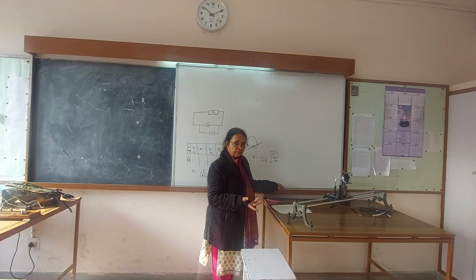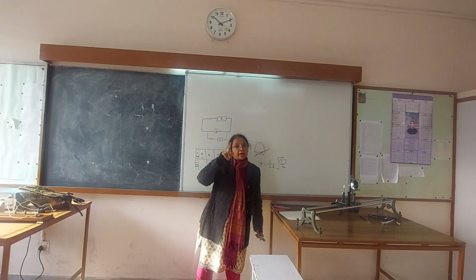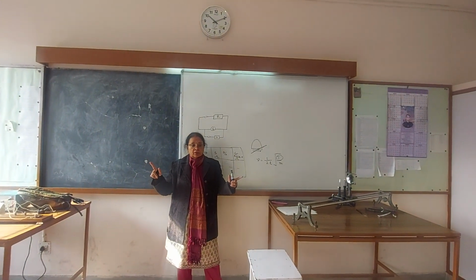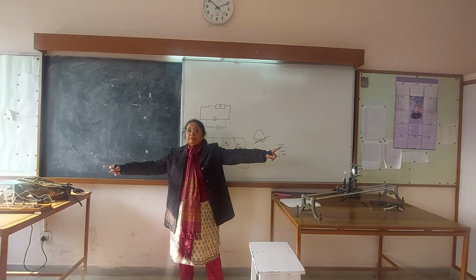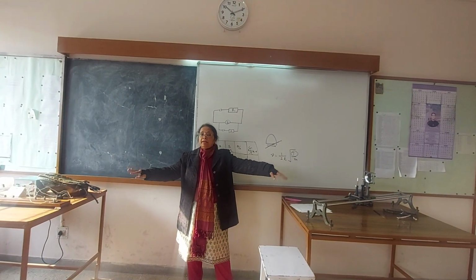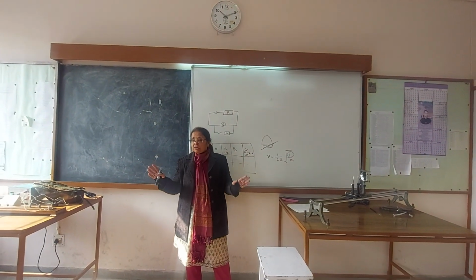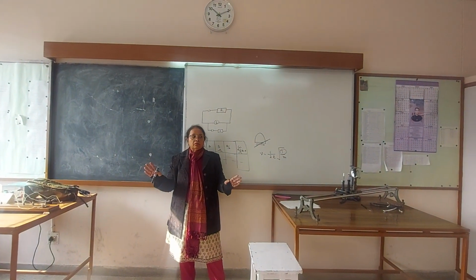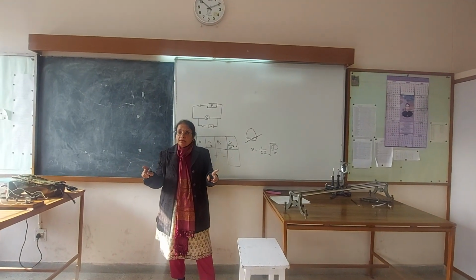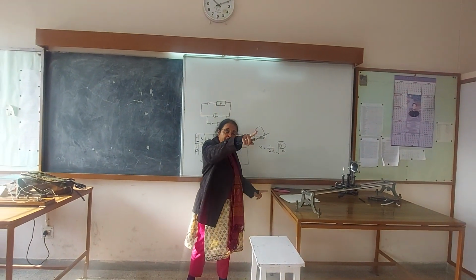And M by L, you already know mass is not mass. It's a mass per unit length of the wire that is vibrating. Okay? So, and the full length of the wire. This question also I asked you. 1 meter, 1.5, whatever it is. So that full length, 143, right? 140. So 140 centimeter is the full length that we are taking. Now this value of T by M is already there on the setup.